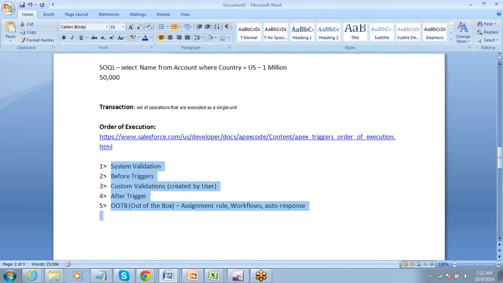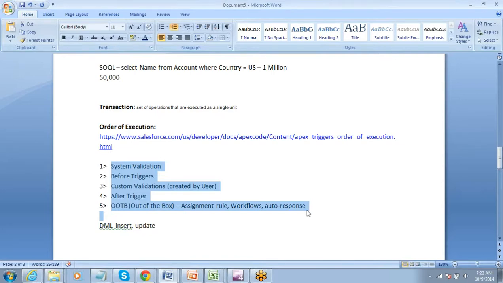So our normal DML operation, the usual DML that we use, which is insert in Apex, update, right? For these DML operations, either the entire transaction is completed or it is completely rolled back.